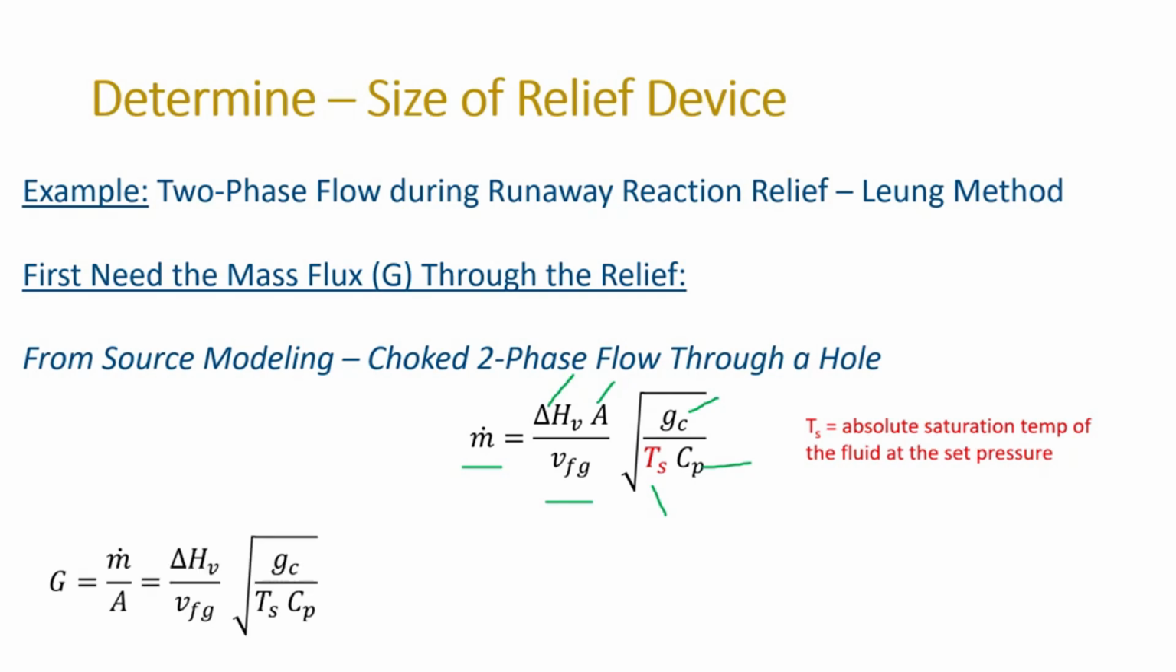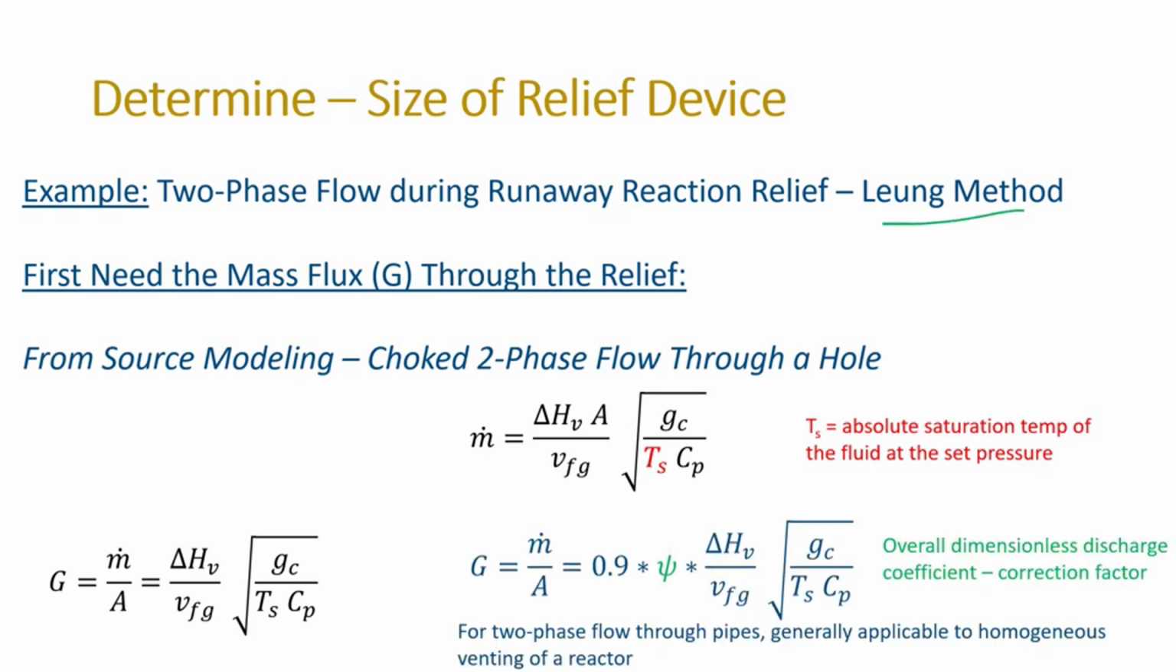Now we want the mass flux, and the mass flux, again G, is the mass flow rate per area. So we just divide by the area, and we have an equation that describes the mass flux. This model for the flux is known as the equilibrium rate model for low-quality choked flow. And this method is called the Leung method because Leung showed that this model needs a correction factor, 0.9 times psi, to bring the model result for the mass flux, again that is G, in line with a classic